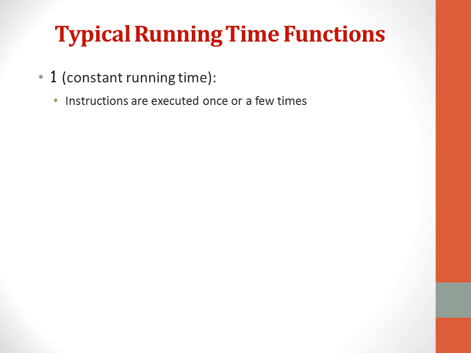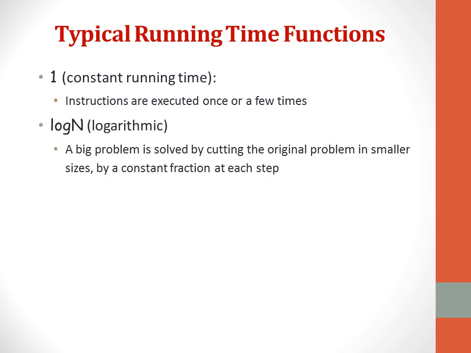Now moving ahead to the growth of functions, how the running time functions look. So the first one is a constant running time, that is 1. Instructions are executed once or few times. So we will be calling that running time function O(1) or 1. Then it can be logarithmic, that is log n. So whenever there are fractions or smaller parts of your n, then we use the log term. Like in binary search, we made two fractions, so it was log n to the base 2. So depending upon your fractions, you use the log term.